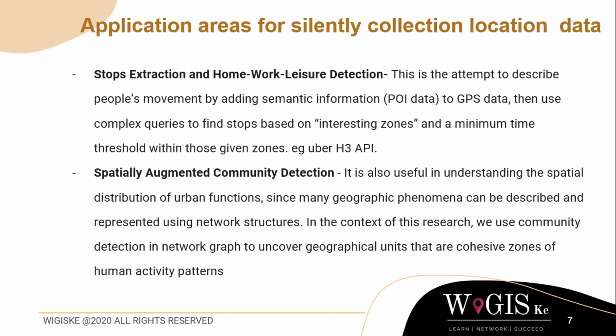This is a methodology that's used to amplify GPS data or location data, where scientists are trying to identify interesting zones in a new location. So for example, if you move into a new city and you want to conduct research on this new city without having to conduct surveys or deliver questionnaires, this is some of the data that you can use. So you can identify interesting zones in these cities by using available data like the Google API, the Uber H3 API that collects this sort of data.